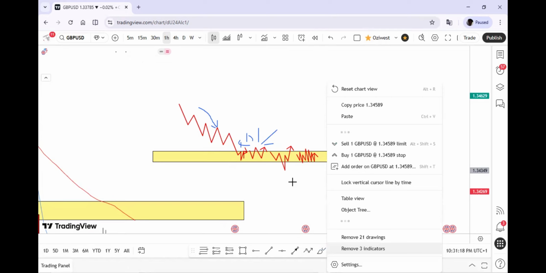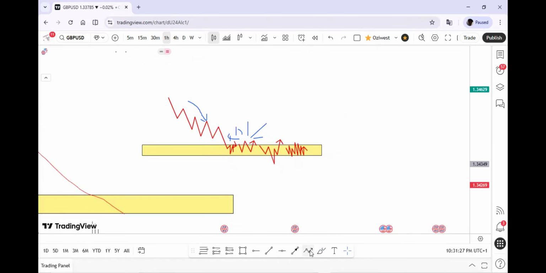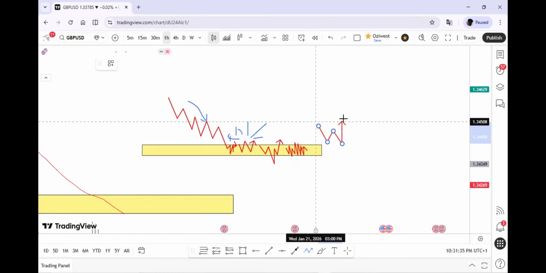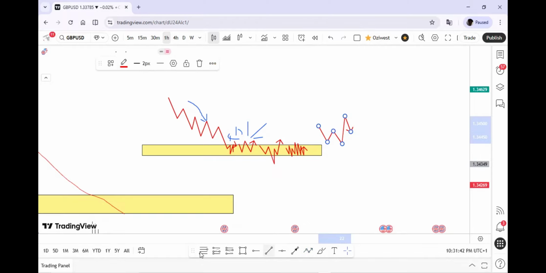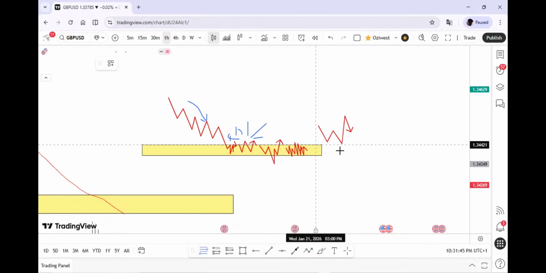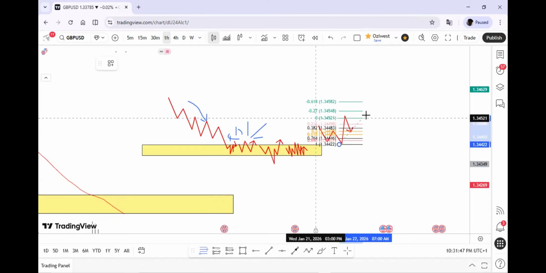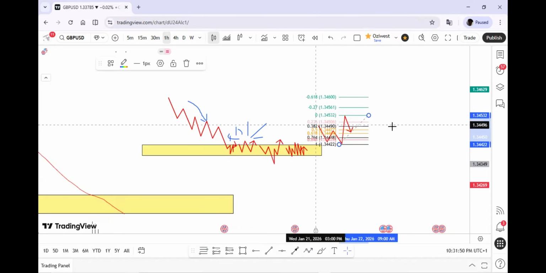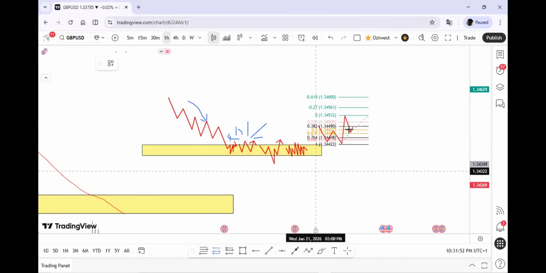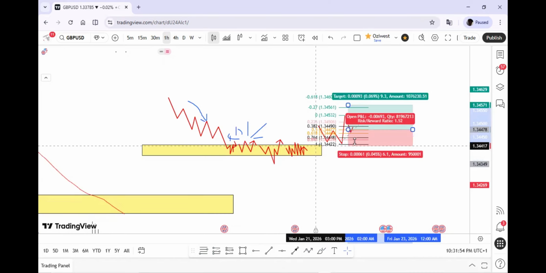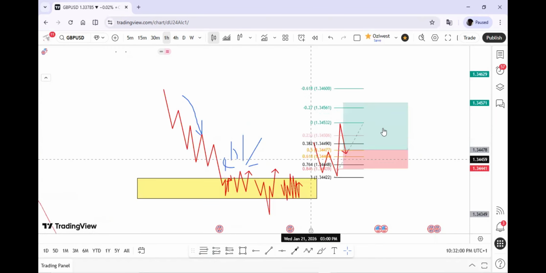For this double bottom, I'm waiting for price to break the neckline. This is the neckline of that double bottom. Then for price to come and retest that neckline. And seeing that price has started to pull back, that's when I would then draw my Fibonacci from the swing low to the swing high, place my limit order at that 50% level, stop loss below 0.764, and aim for